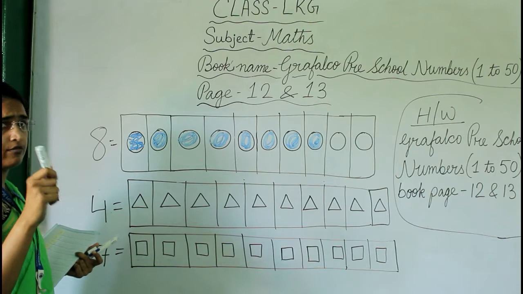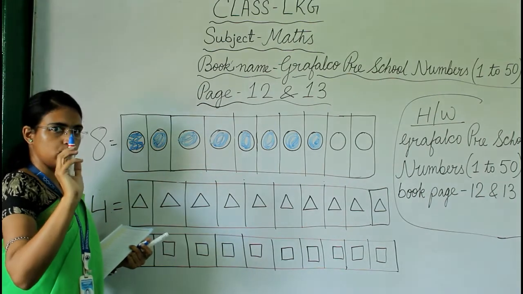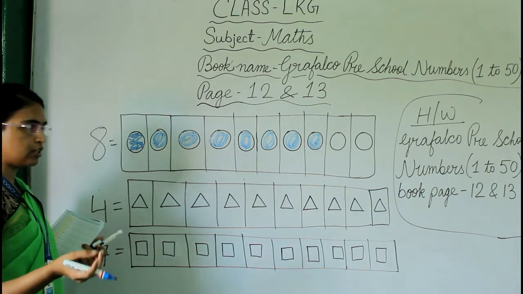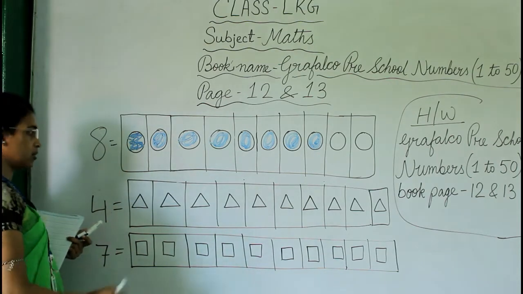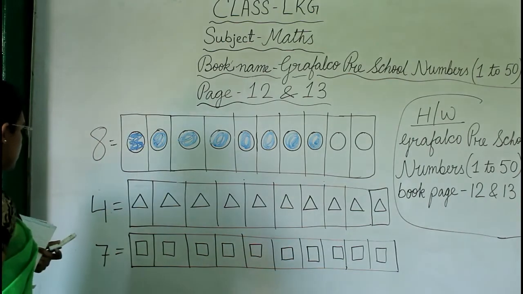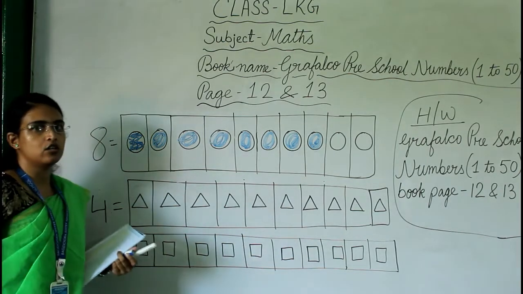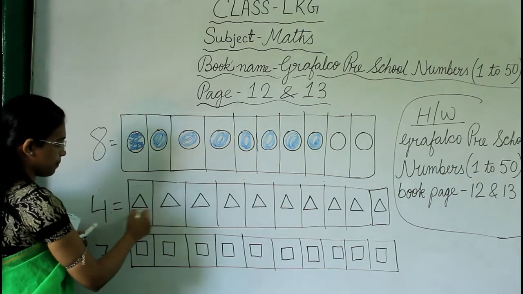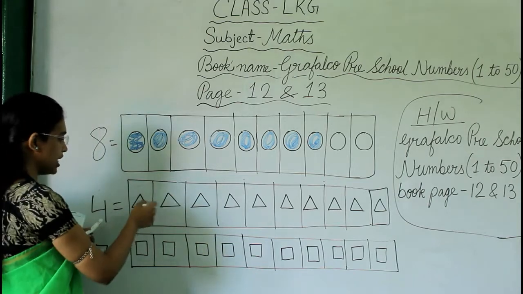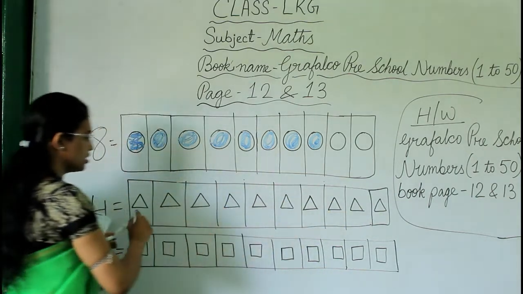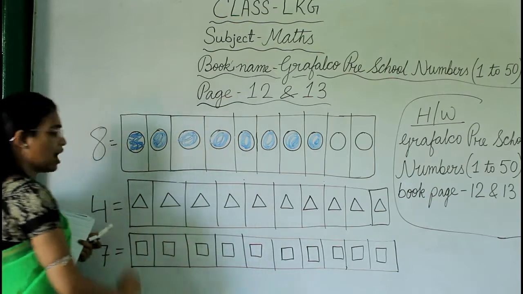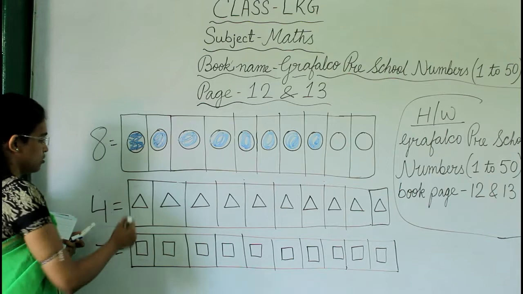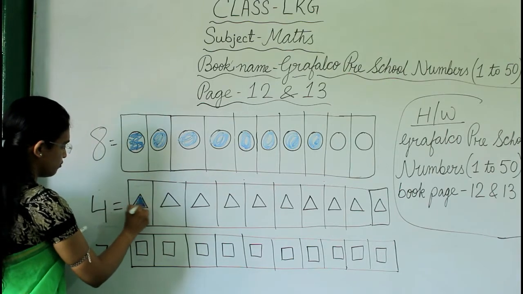With the help of crayons. Don't use pen. I have no crayons and on the board crayons can't work properly, so I am using this marker pen. Okay. Now which number is this? Number 4. So how many objects do I have to color? These are which shape? Yes, these are triangles, right? So we have 10 triangles, and among these 10 triangles, how many triangles do we have to color? Yes, we have to color 4.